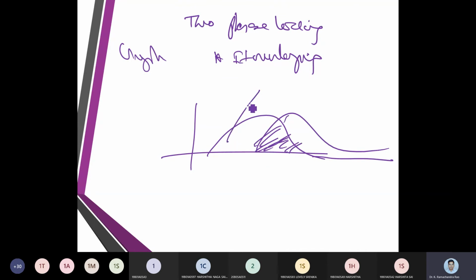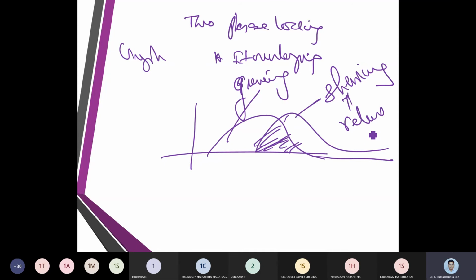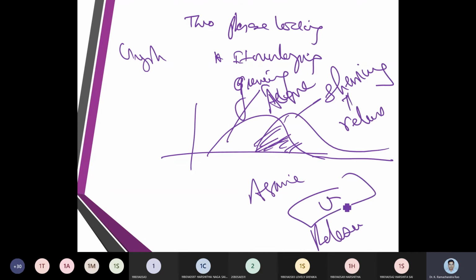The first phase we call growing, the second phase we call shrinking. In shrinking, we release. In growing, we acquire. So between acquire and release, what do we do? We use the data items. So acquisition and release of locks, acquire and release, that takes place with the concept of two-phase locking.